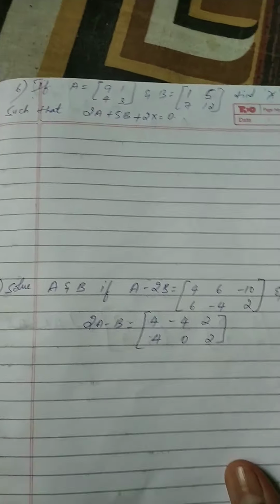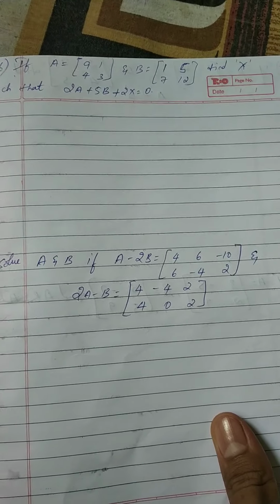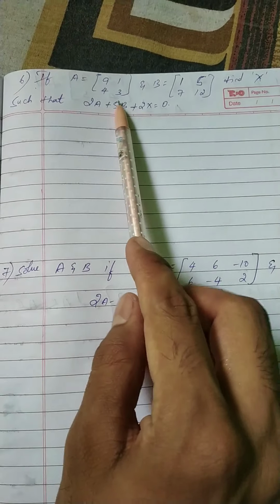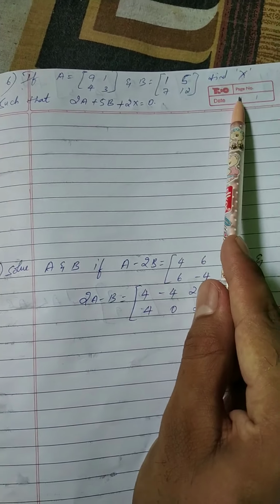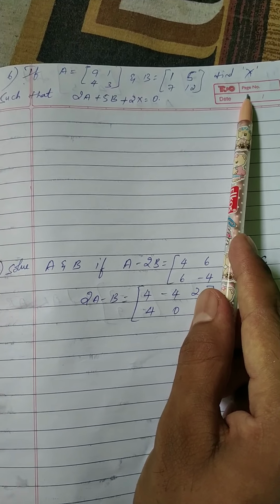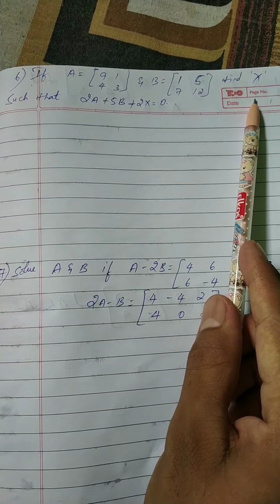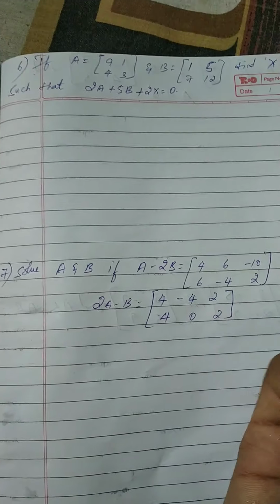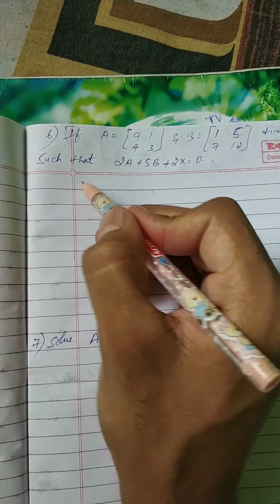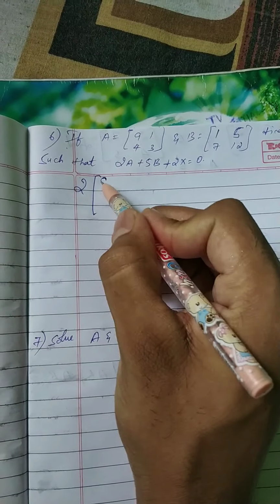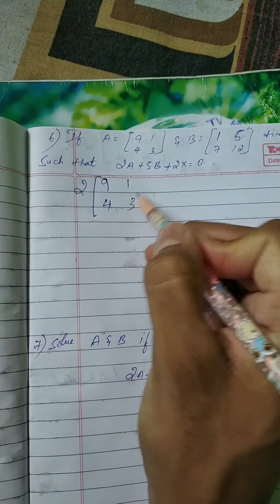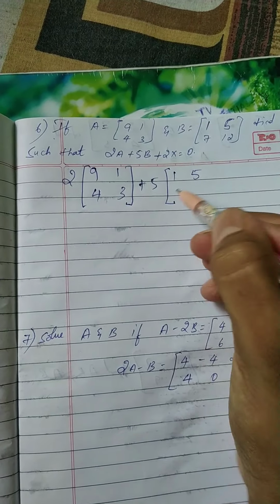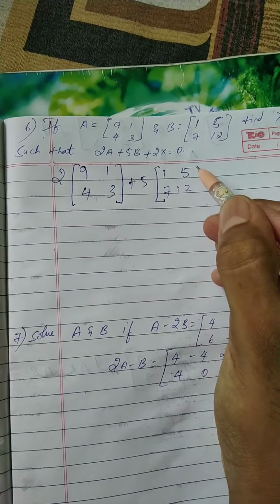Then we have the sixth problem. As you can see here, A is given and B is given, and you're supposed to find the X value. How will you find that X value? You will find it as usual, just like the previous problem. We'll see how we are finding this. So 2A is [9, 1, 4, 3] plus 5 into B, which is [1, 5, 7, 12]